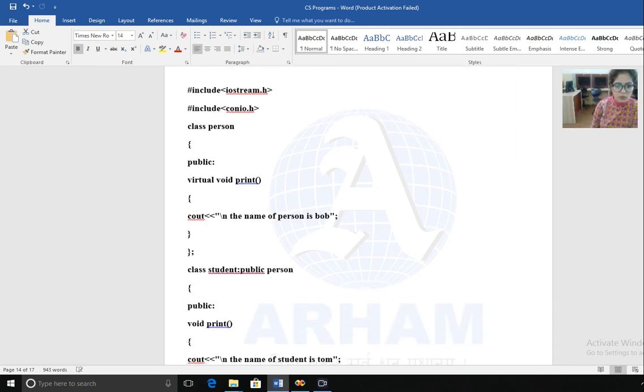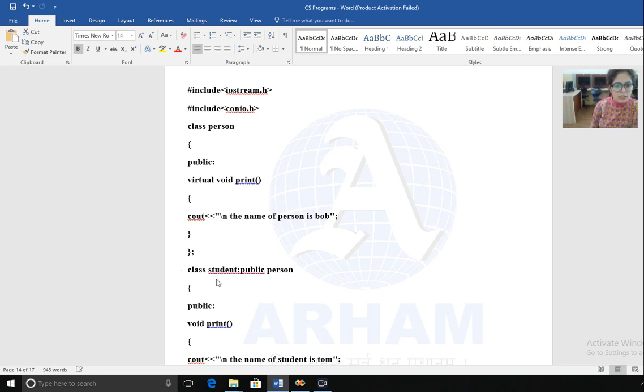So in the virtual function, the cout statement is used to print the message on the output screen. The name of the person is Bob, ends with a semicolon, then the curly bracket closes, and the last curly bracket closes with a semicolon. This indicates the end of the class. So the class person ends here.